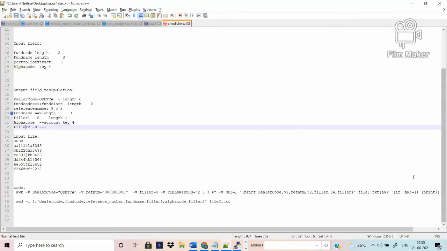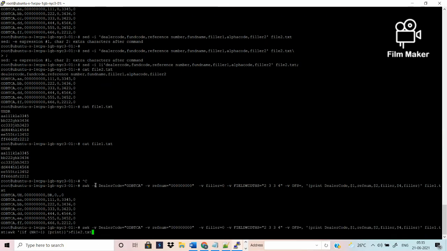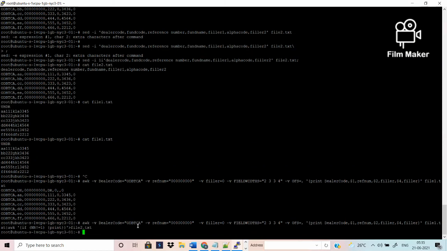Then what can you do? You need to remove the first record, since the header record is not necessary. After the pipeline symbol, this output is copied into the next command. This command says if the number of rows is not equal to 1, it ignores the first row, then prints the statement. So ignoring the first row, the data is copied into file2.txt, another new file. Done. Then you can print file2.txt.